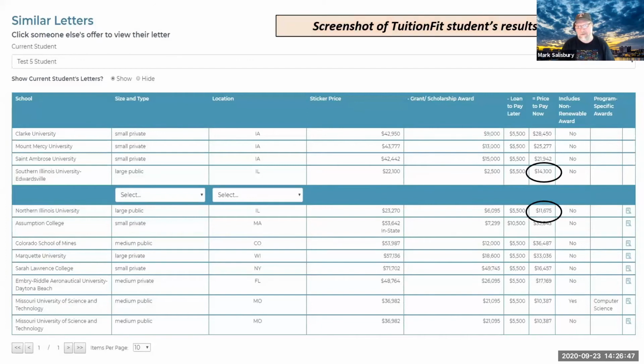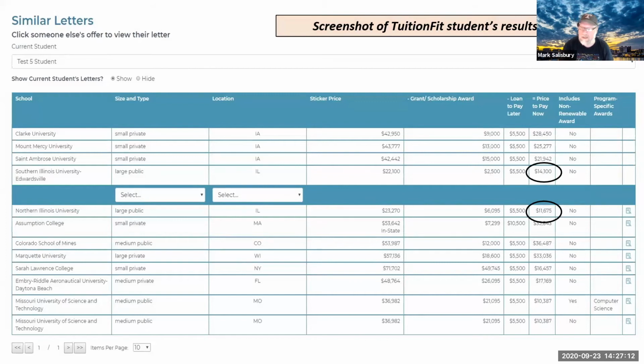And for this particular student, there wasn't any good reason why she didn't apply to Northern Illinois. She just didn't because, I don't want to fill out another application, whatever it is. But then she saw that it would be $2,500 a year less. A couple of phone calls later, and this student saved $10,000 on college over 4 years just because she saw this information. She wouldn't have known otherwise.